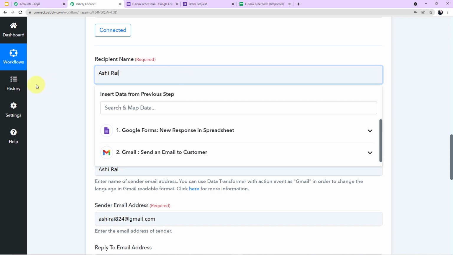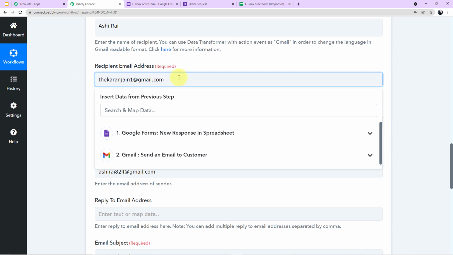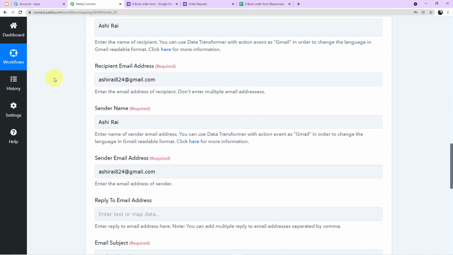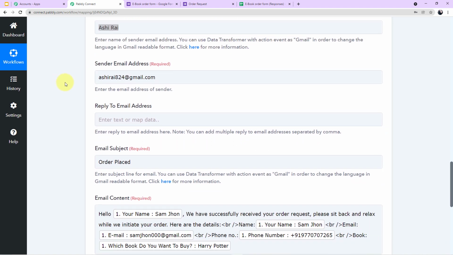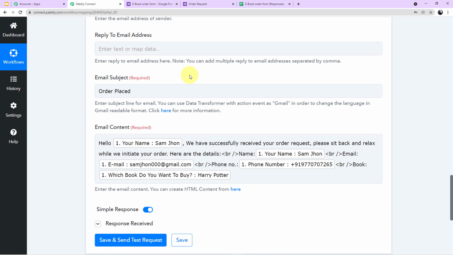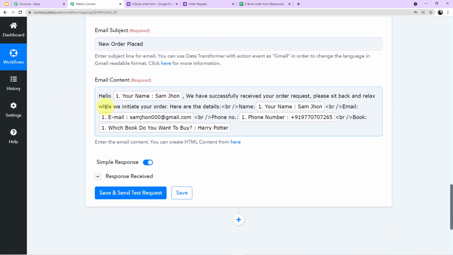She's the owner. Come down, we'll map the recipient email address. Now the sender's name is Ashi Rai itself, and the sender's email address is Ashi Rai itself. Here we will change the subject to new order placed, and we will edit the content also.